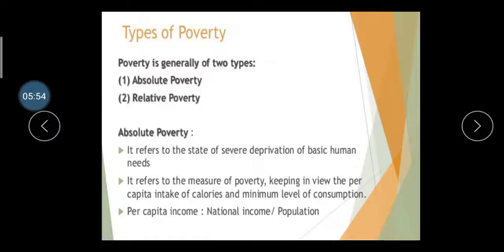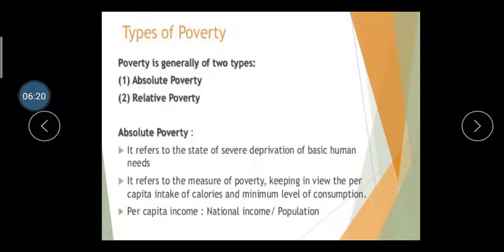And why is this calorie requirement higher in the village than in the city? Because in the village people mostly work in farming, poultry and fisheries activities, right. So they require higher stamina, and that's why they need higher calories than city people, right.